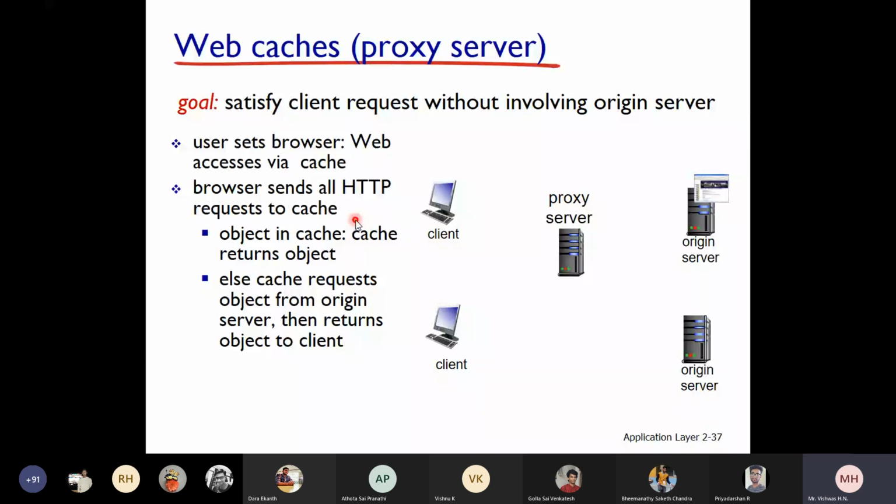So there is an assumption here. Average object size is 100 kilobits. Average request rate from browser to the origin server is 15 per second. There are 15 requests which go per second to the origin server. Average data rate to the browser is 1.50 Mbps. That's what we have here, the data rate. So RTT is round trip time, students. A request will go from here and come back. RTT from the institutional router to any